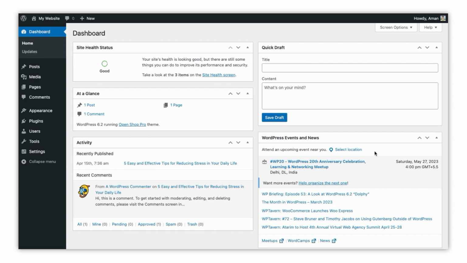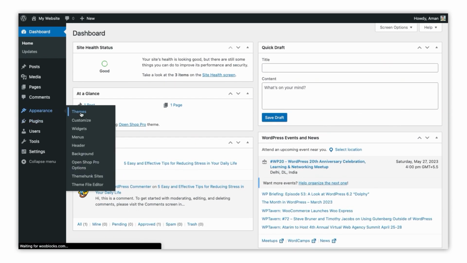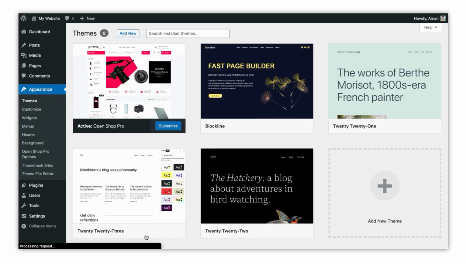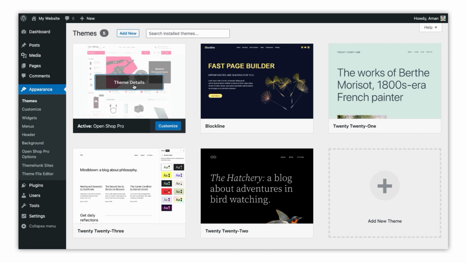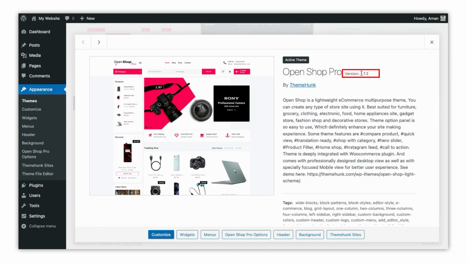In this video, I'm going to show you how to update the Open Shop WordPress theme to the latest version. First, let's check which version of the theme we're currently using. To do this, go to Appearance, Themes and hover your mouse over the Open Shop theme. You'll see the version number appear in a tooltip. In this case, we're using version 1.7.3. So for updating to the latest version,